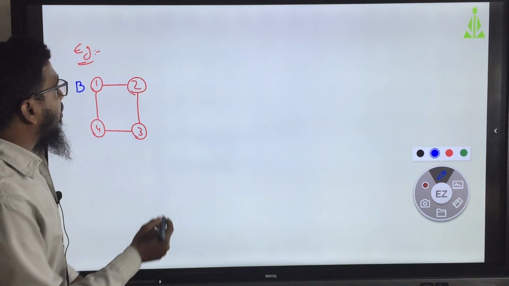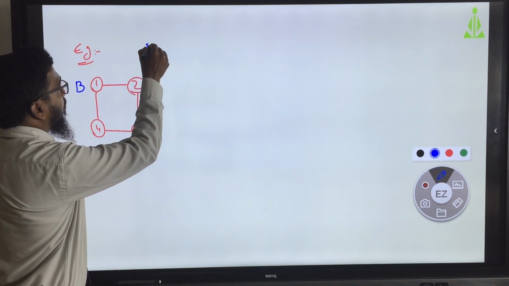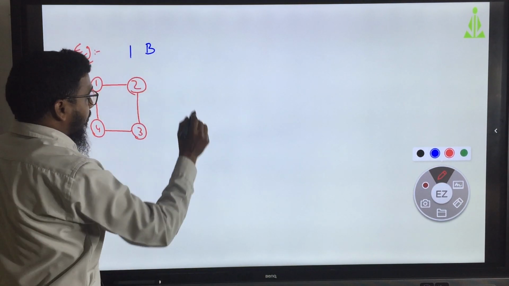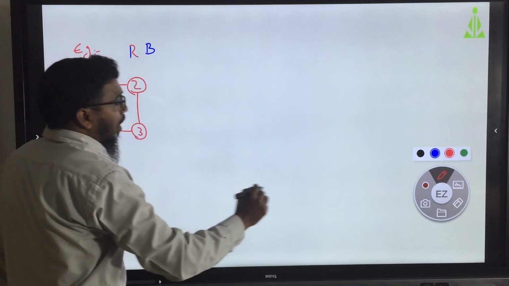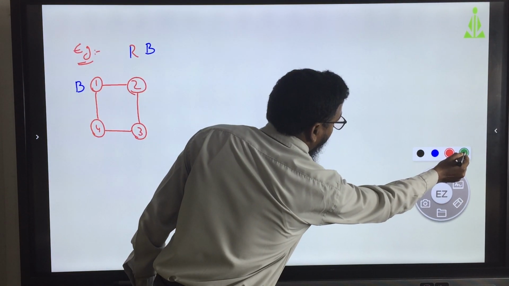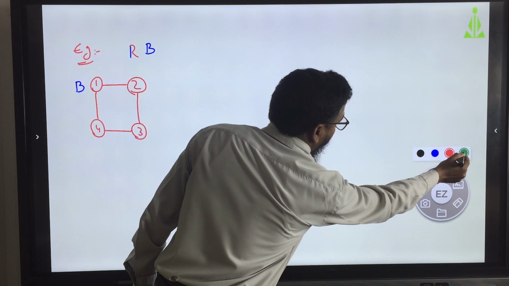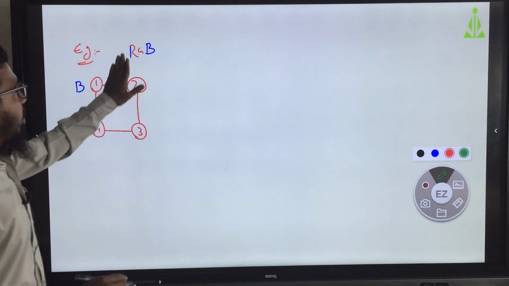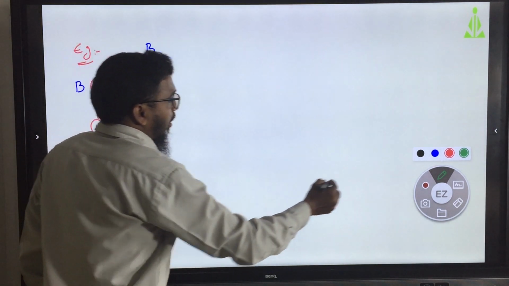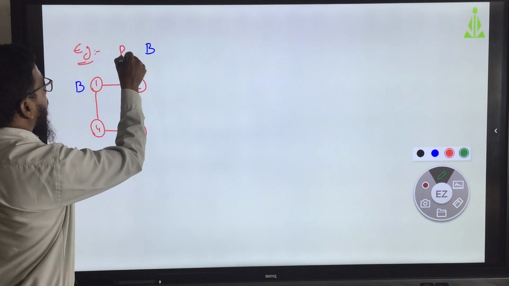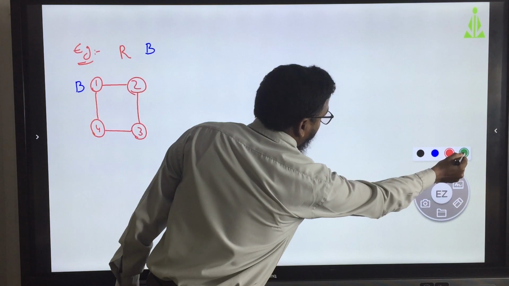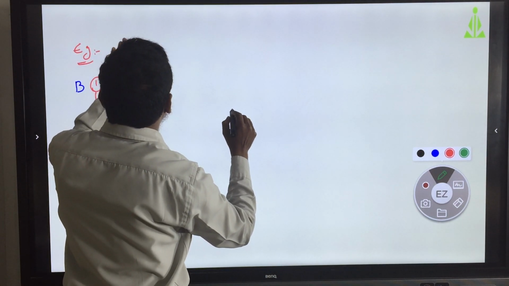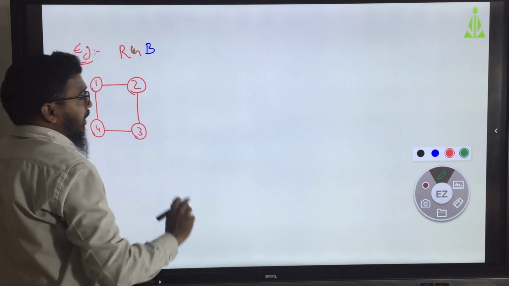The next color I can give is R, and green: RGB.